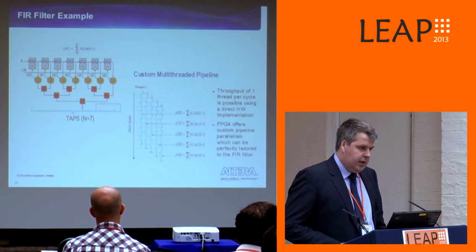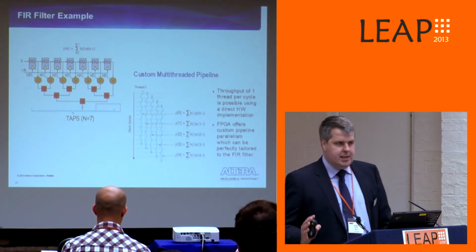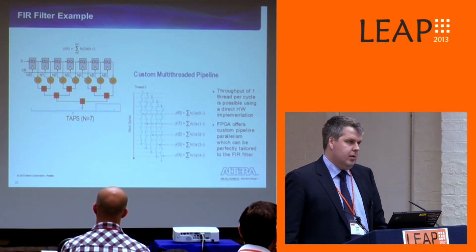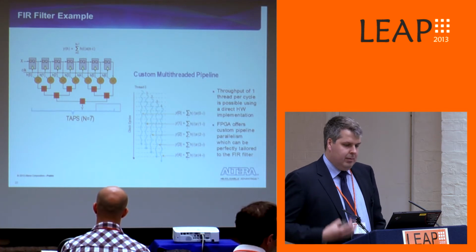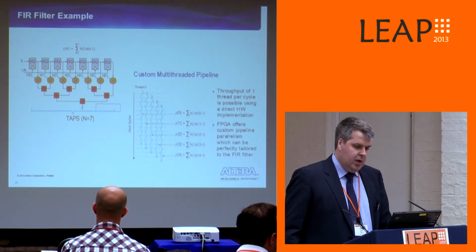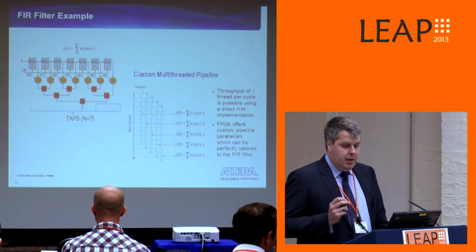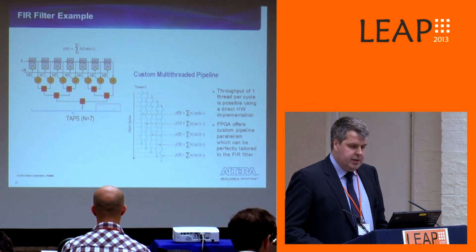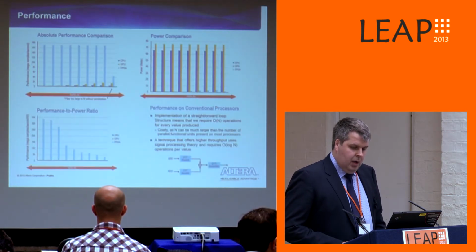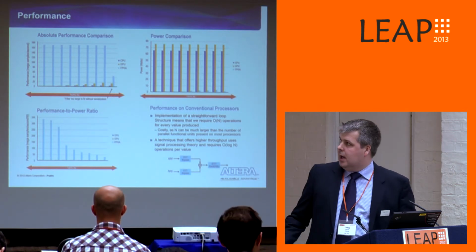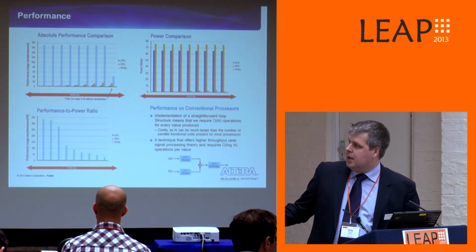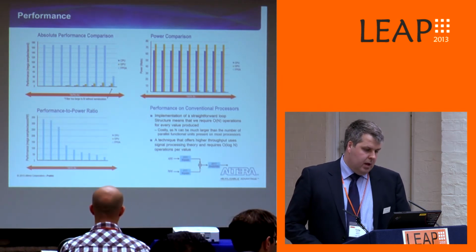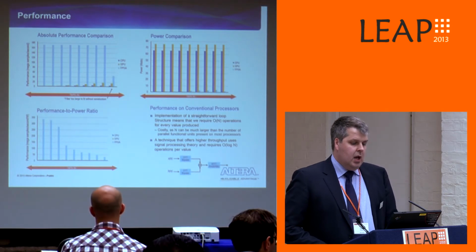And similarly, my final case study is a FIR filter. Now, this is slightly weighted towards an FPGA solution. FPGAs are very well suited to digital signal processing type filtering applications, FFTs, etc. But this can be done in FPGAs, GPUs, and CPUs, so it's a very good example. What we've actually done here is an absolute performance comparison. This is the number of samples per second, running at 170 megasamples per second in the FPGA, compared with the